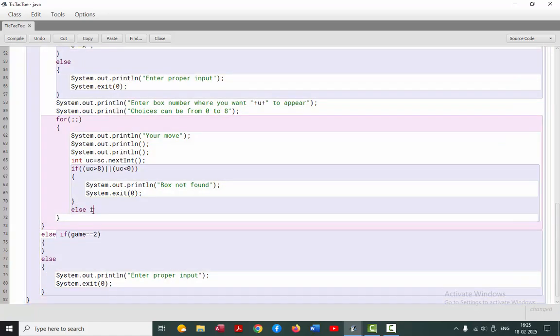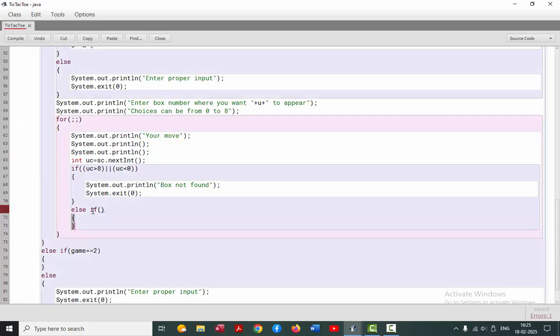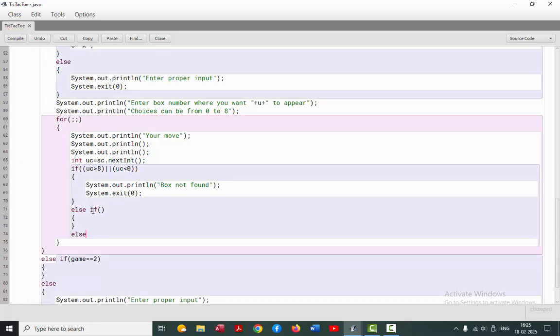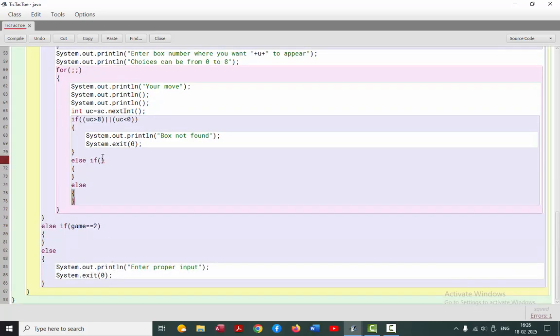Then we have to use another if block. In this if block we are going to type UC